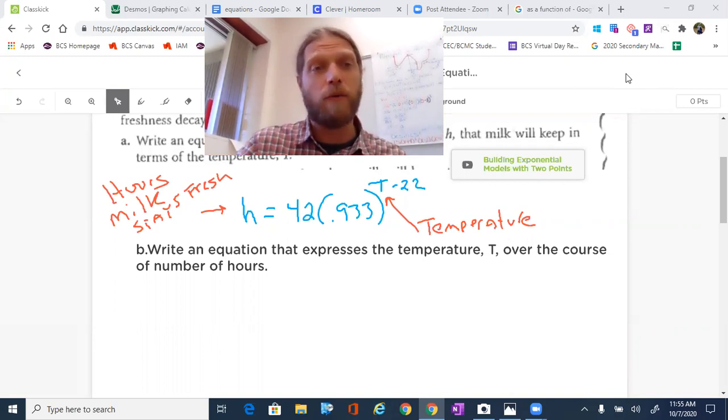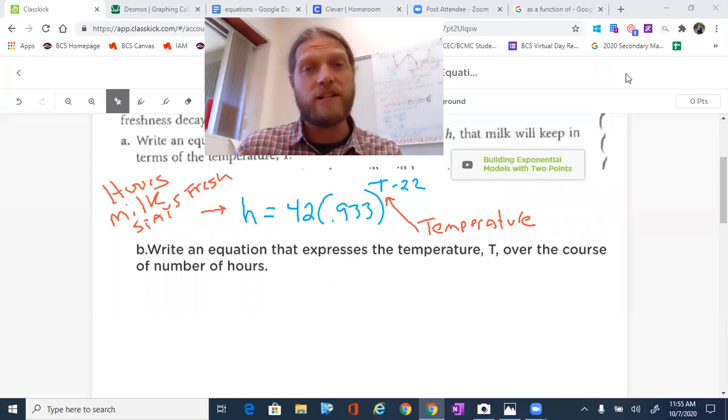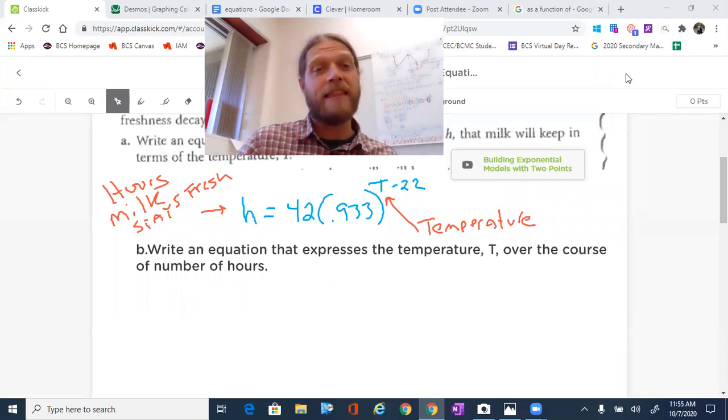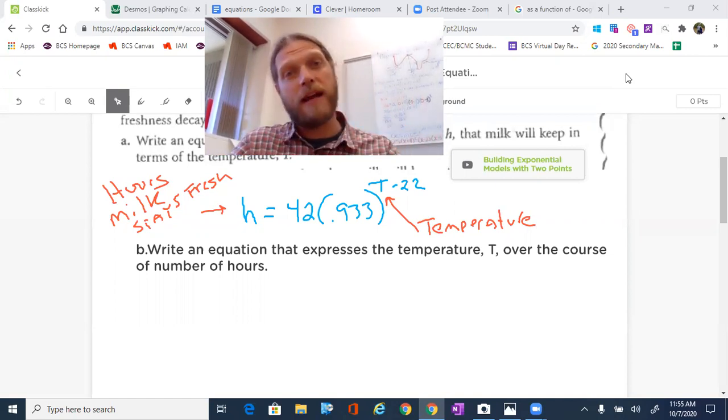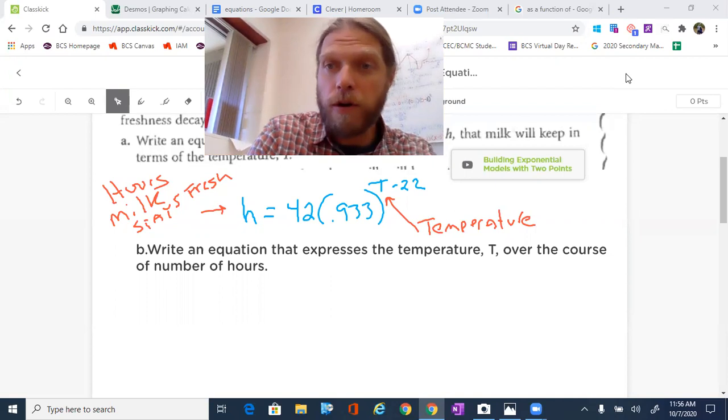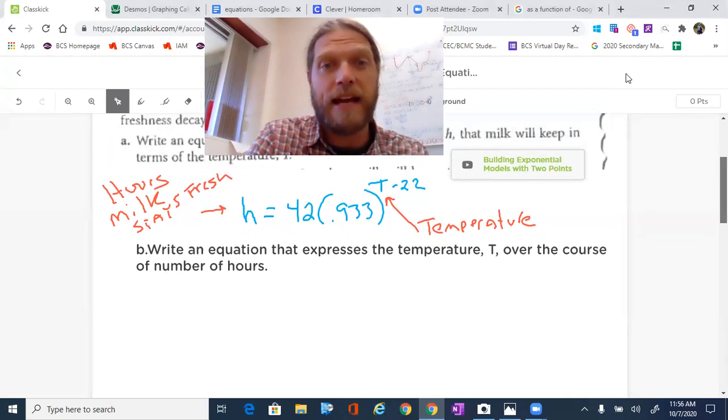So this problem had to deal with hours milk stays fresh based off of the temperature. And we came up with this equation here, H equals 42.933 to the T minus 22. And that hours is based off of the temperature. So now what we're going to do is write an equation in which the temperature is based off the hours. So in order to do that, we have to start with the idea that,